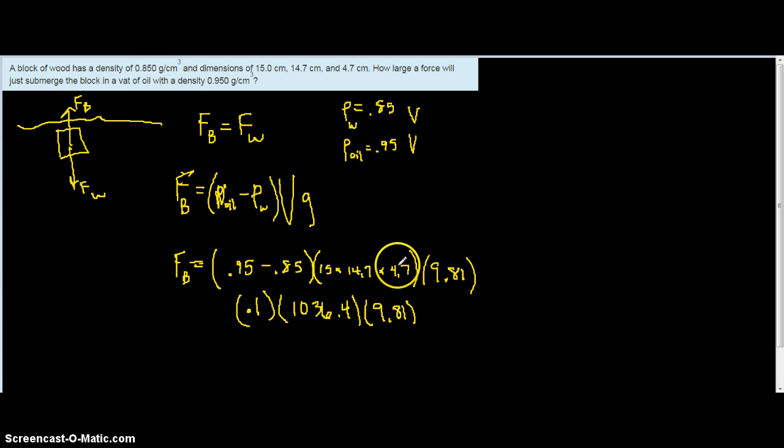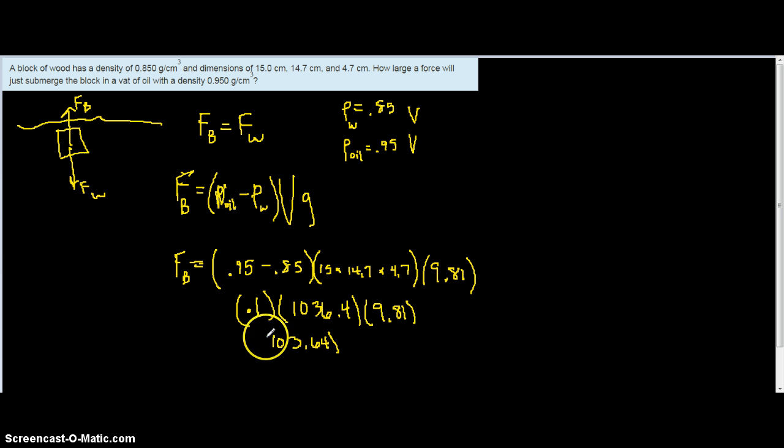Now what I want to bring to your attention is that density is in units of grams per cubic centimeter, and these lengths are in centimeters. When you multiply all those centimeters together, you're going to get centimeters cubed. If you notice, you're taking the difference in density times volume. Because the volume is in cubic centimeters and the density is per cubic centimeter, those will cross off. So our result here will be in grams, and if we do some real quick mental math,